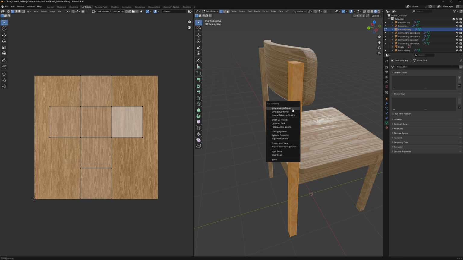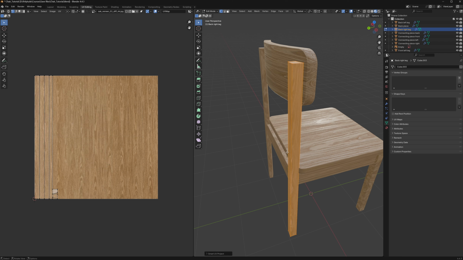We could unwrap angle-based, conformal, minimum stretch, smart UV projected, light map pack, follow active quads, and a few others. For now, we want to keep things simple and let Blender do the UV unwrapping. So I'm going to click on Smart UV Project, and I'm going to leave everything as is. The moment I do, you see that my